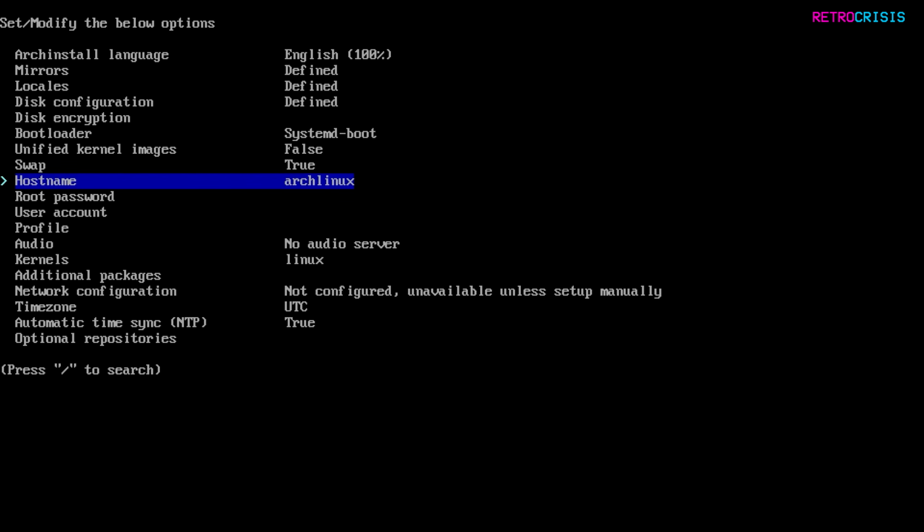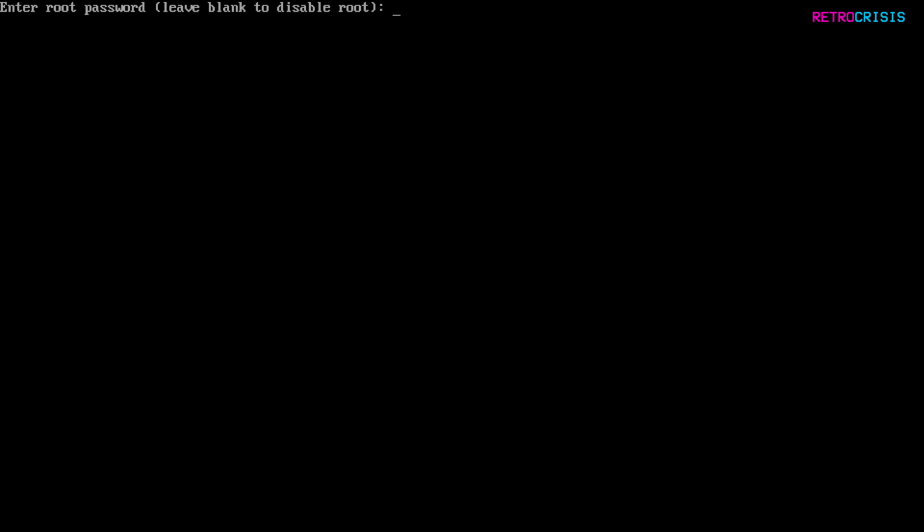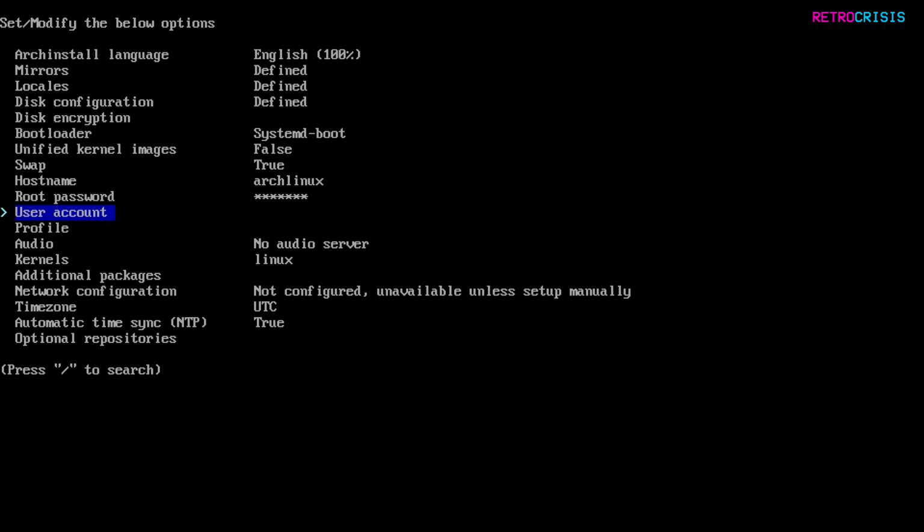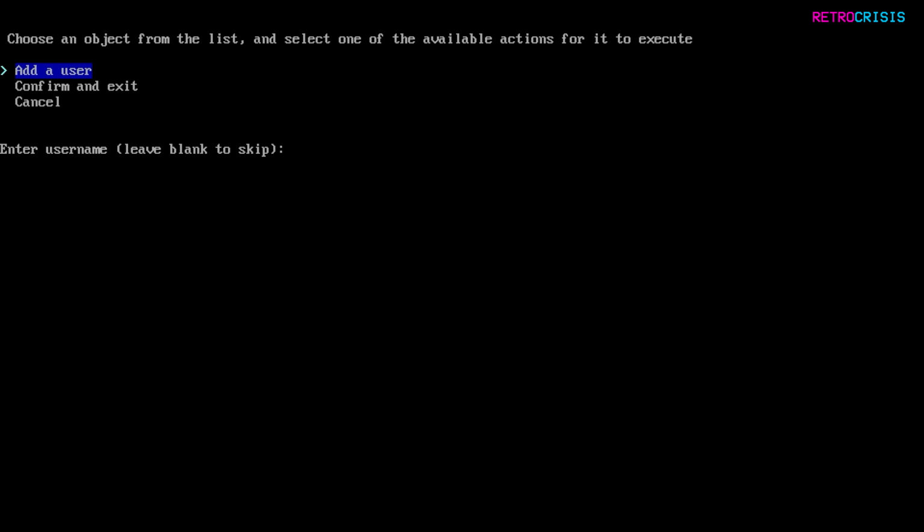This is essentially what you name your PC, so feel free to rename that to, I don't know, whatever you want. And then next, root password. So this is the master admin password that we'll be setting, so just press enter, select the root password of your choice. As you're typing it in, you won't actually see any of the letters, so just press enter. And now we can add your user account. So press enter, go to add user, type in the name of your user. I'll just be using Retro Crisis. Press enter and then type in a password,